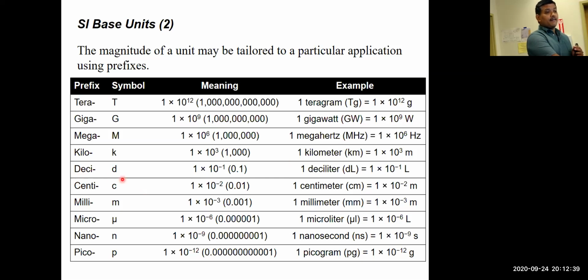So similarly, when you see a prefix like deci in front of a base unit, you have to think that it is only 1/10th of that base unit quantity. So centi is 1/100, milli is 1/1000, micro is 1/millionth, nano is 1/billionth of a base unit, and pico is 1/trillionth of a base unit. So that's why you need a base unit, and you add these prefixes to the base unit